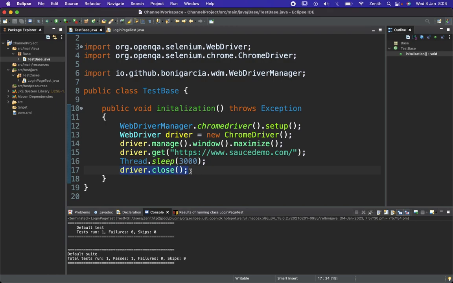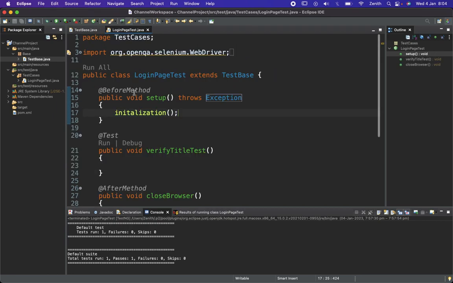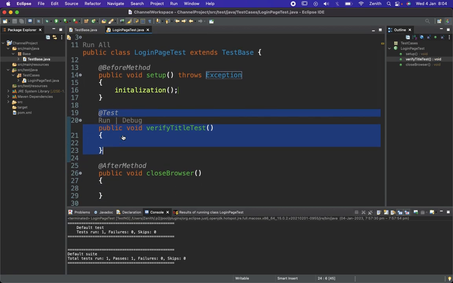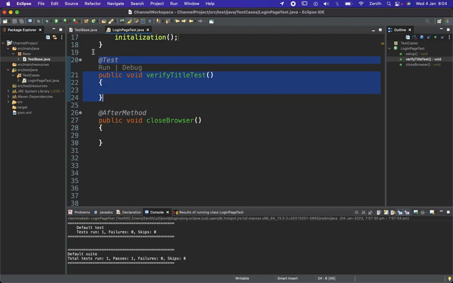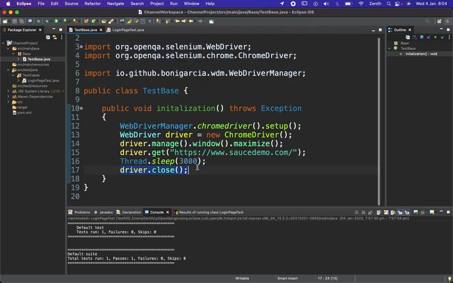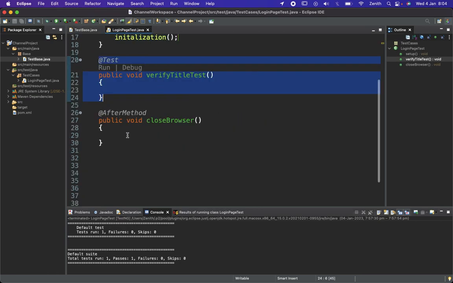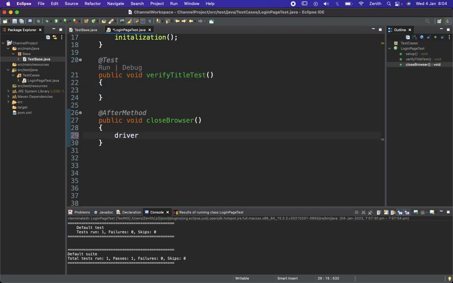But now we don't want to close the browser before executing the test case. What we require is that the browser should open, the URL will be entered, then the test case will run, and after the execution of the test case, the browser should be closed. So what I will do is delete this code from here, and I will write this code here like driver.close, but